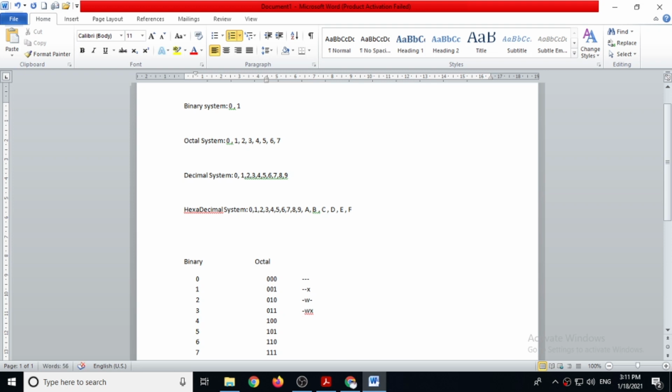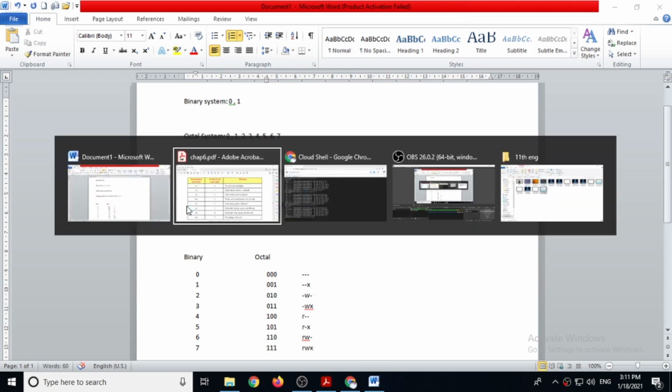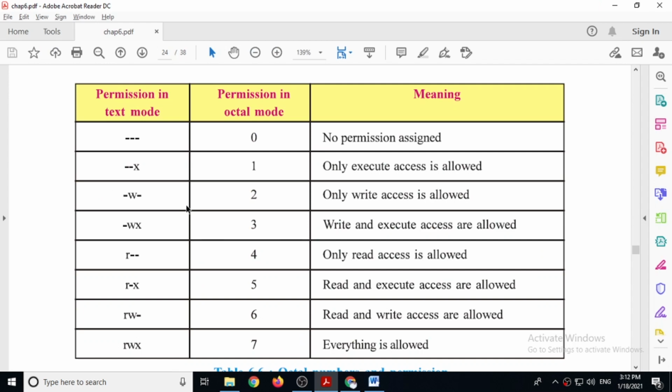Same way 100 means r dash dash. Then 101 means r dash x. Same way 110 means rw dash, and 111 means rwx. So we have to use these numbers for giving permission.